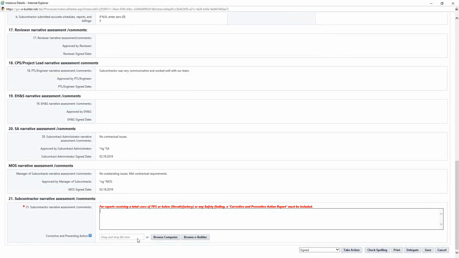If you receive a score of 70% or below, you will have to upload your corrective and preventative action document by either dragging and dropping the file at the bottom of the screen or selecting Browse Computer and finding your file. After you enter your comments in section 21,